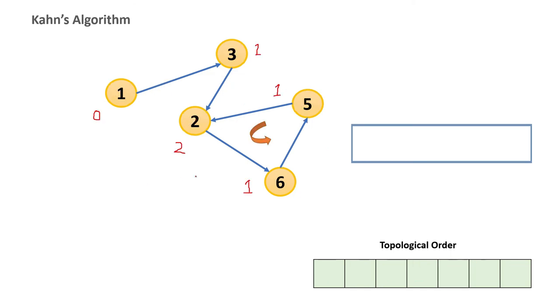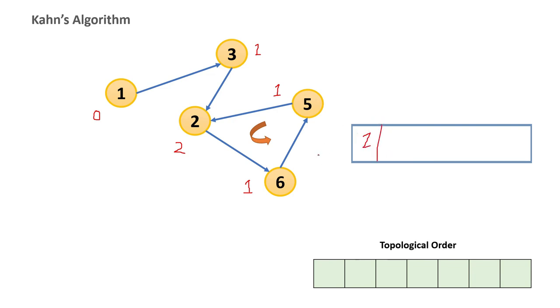So now we will check for a graph where a cycle is present. I have reduced a few nodes to make it simple. What we can check is from 2 to 6, 6 to 5 and 5 to 2, one cycle is formed. Okay. So now we will check if Kahn's algorithm will help us in this case. In degree for 1 is 0, 3 is 1, 2 is 2, and in the same way for 5 and 6 both are 1. So the first node with in degree 0 is 1. So I will put it inside the Q.